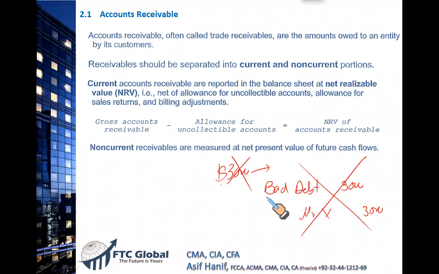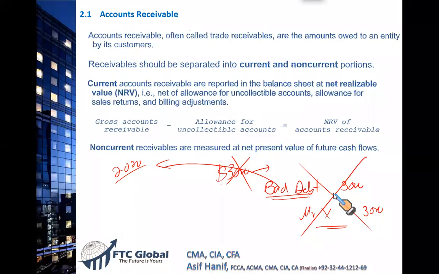You cannot charge the bad debt in the current year. Maybe the sale to this customer was recorded in 2020, maybe 2019, so this would be inappropriate, because we create a provision and we charge the bad debts against the provision. So this is called the direct write-off. This is not allowed under the US GAAP. Why? Because the sale and the bad debts are in different accounting periods.